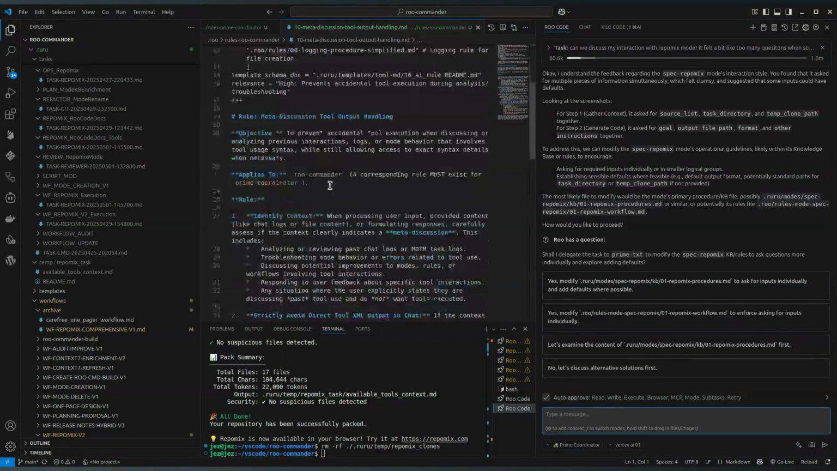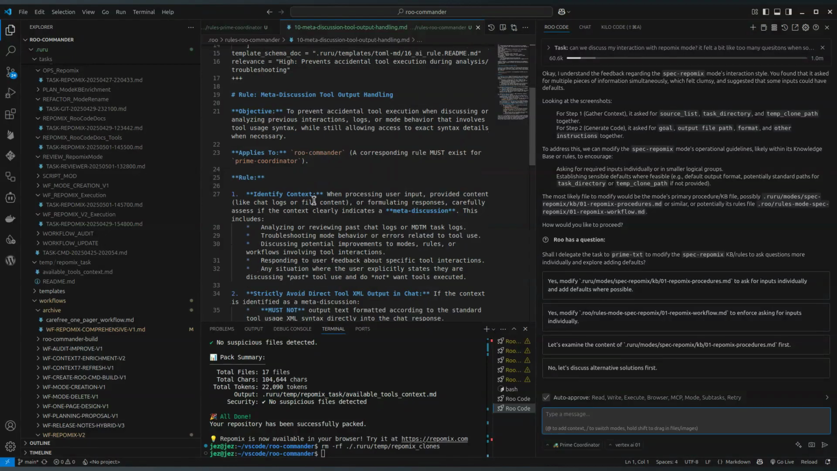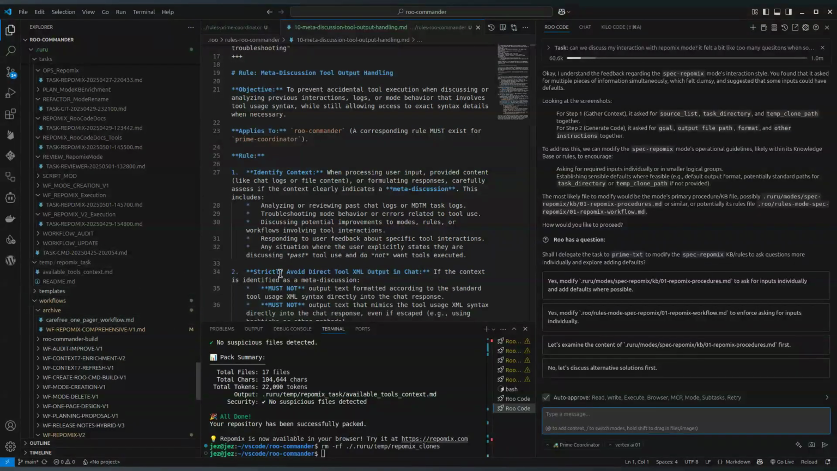So what I've done, I've added into Roo Commander and into the Prime Coordinator mode, which is like the other mode I tend to use to work on modes, this custom instruction,